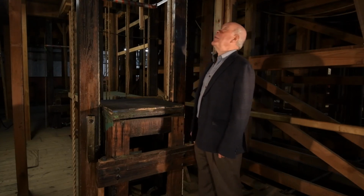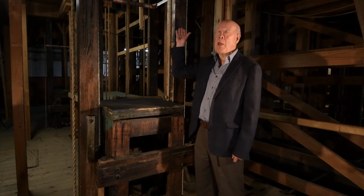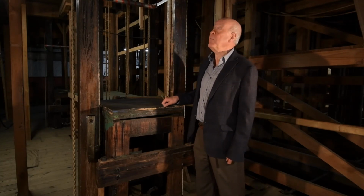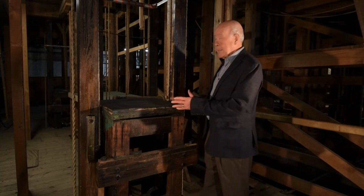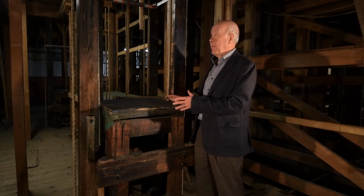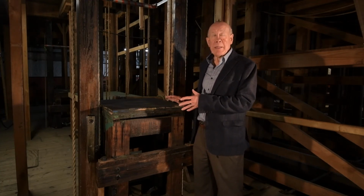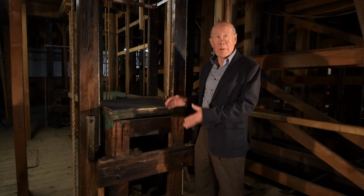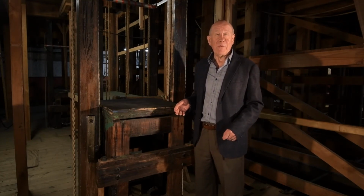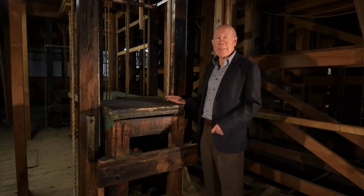And here we are under the demon trap. Demon trap up here, 22 inches square. Seems to be the common measurement across the United Kingdom. And this is the mechanism that works with the trapdoor. The actor or actress is weighed to make sure the counterweights are loaded to help a smooth entrance onto the stage. And when they're ready, they'll hop up on here, and